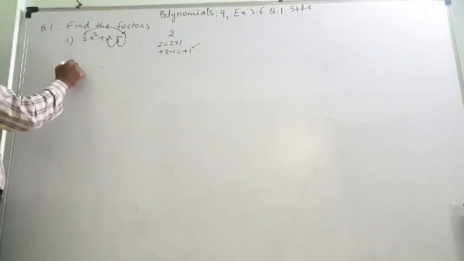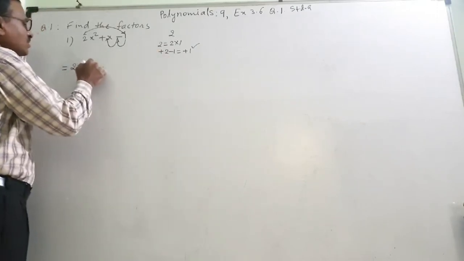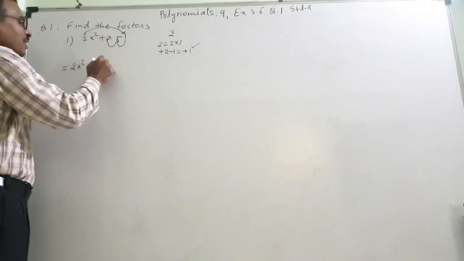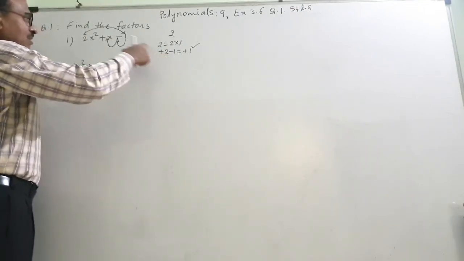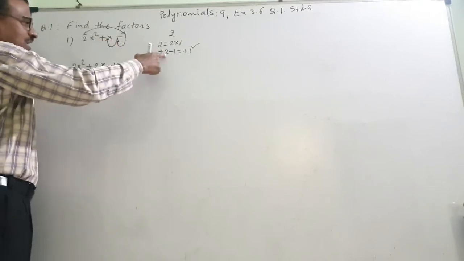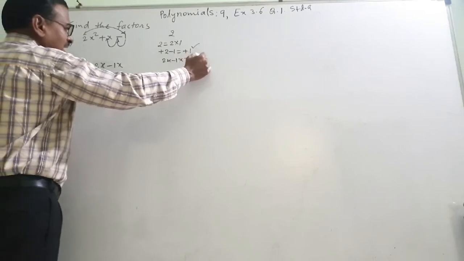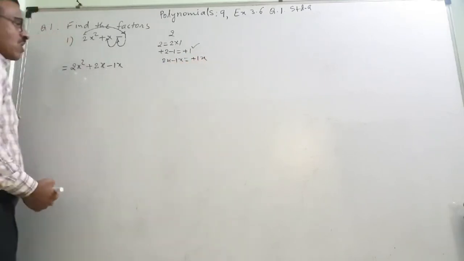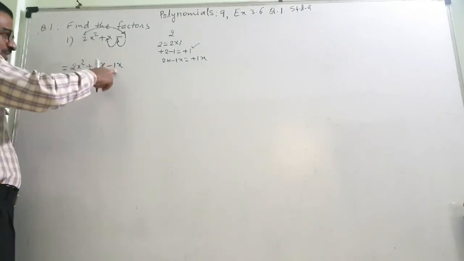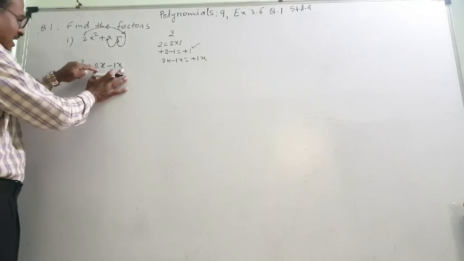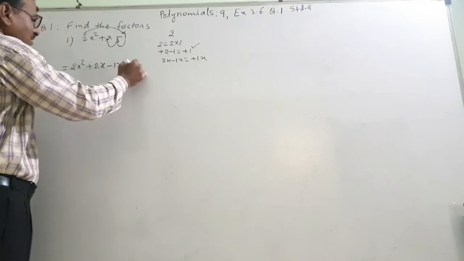Now this I will write as 2x square. Then this factor plus 2, it has x, or 2x, and this minus 1x, because the middle term has x. So this I will write as 2x minus 1x is equal to plus 1x. This is my aim. So minus 1 plus 2x minus 1x, if I solve, once again I will get plus 1x. And then this is remaining, that I will write minus 1.